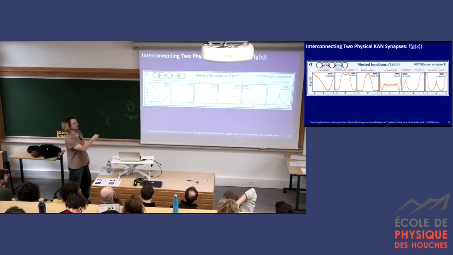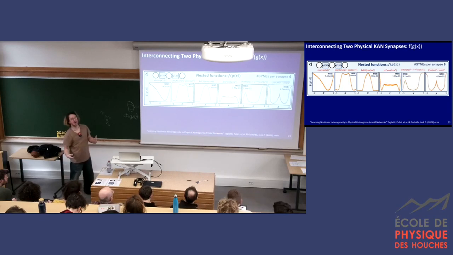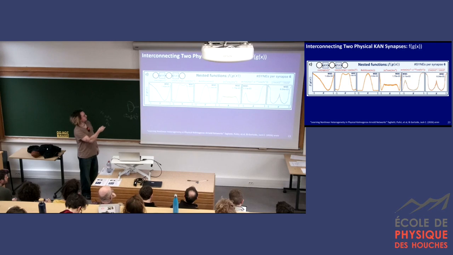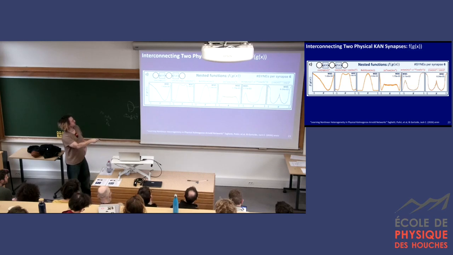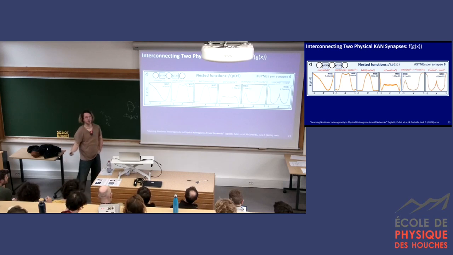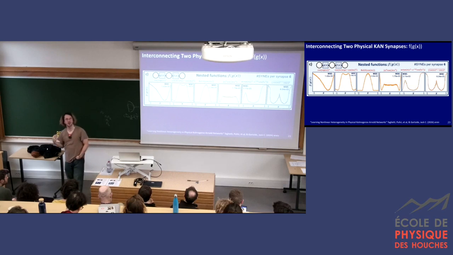You can also stitch these things together in series. So before I was showing you some kind of f of x, what about something a bit more complex, f of g of x? And you can make more complex things with pretty high harmonic content, asymmetric things, really sharp bits, kind of flat bits. It's working pretty nicely here. So this is 6 devices there, 6 devices there. Cool. But okay, so we've got something that looks like our basis function.